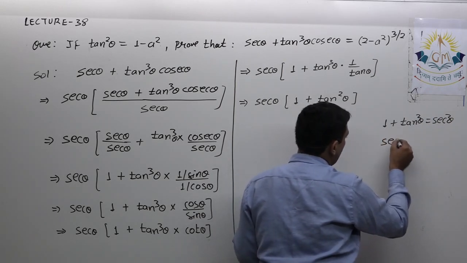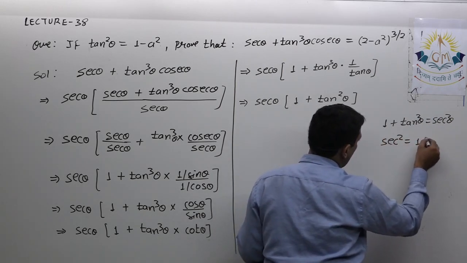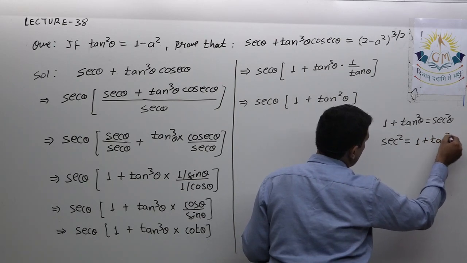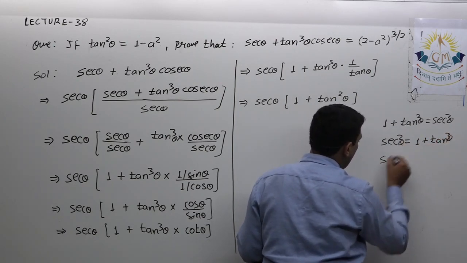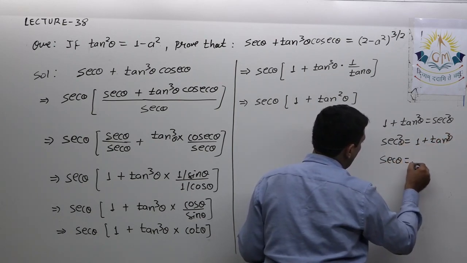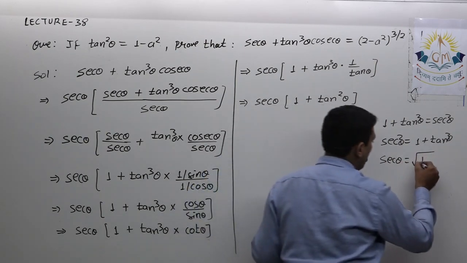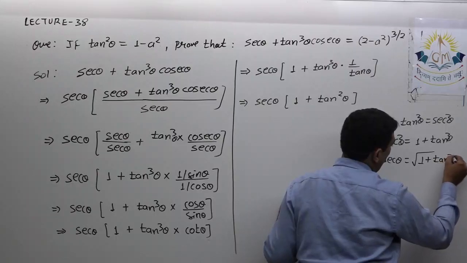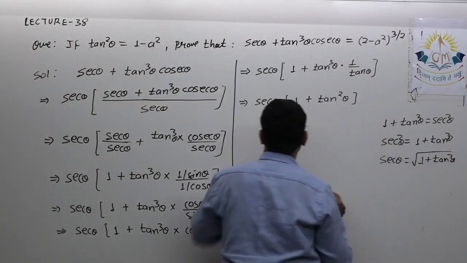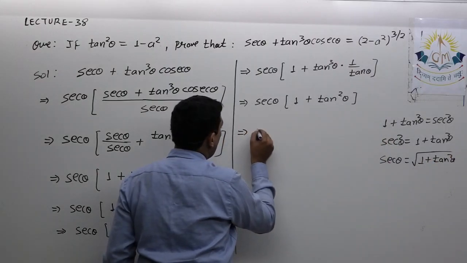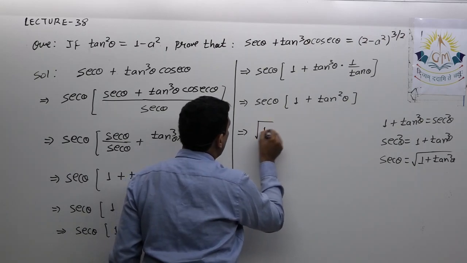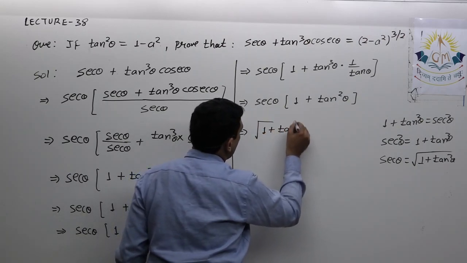So I can write sec square theta is equal to 1 plus tan square theta, or I can write sec theta is equal to square root of 1 plus tan square theta, isn't it? So now I will replace this sec theta by square root of 1 plus tan square theta,